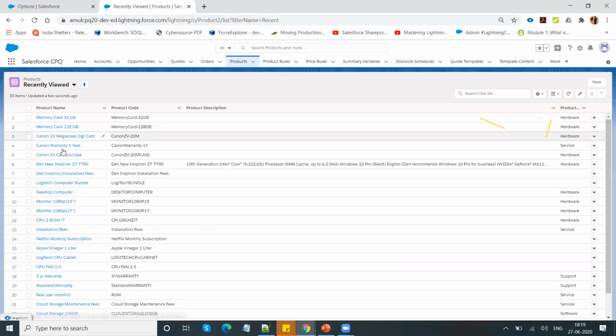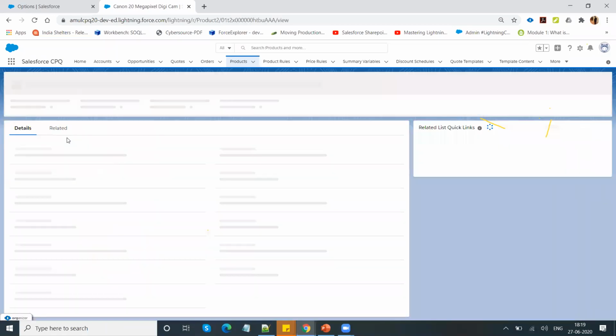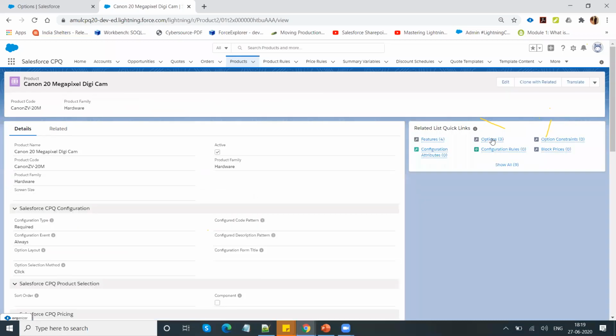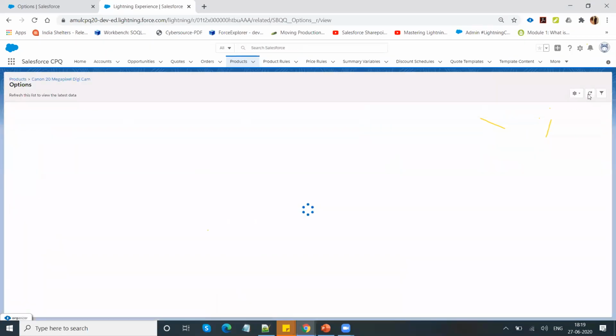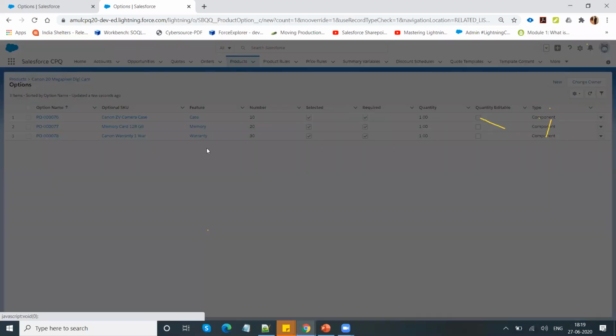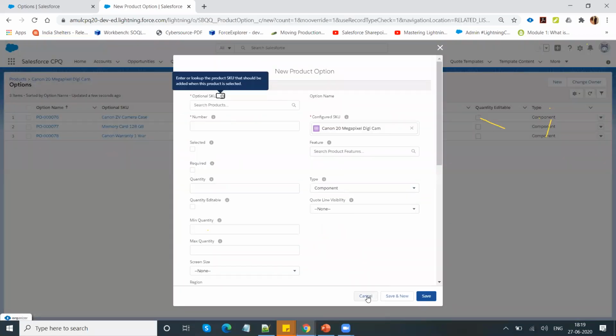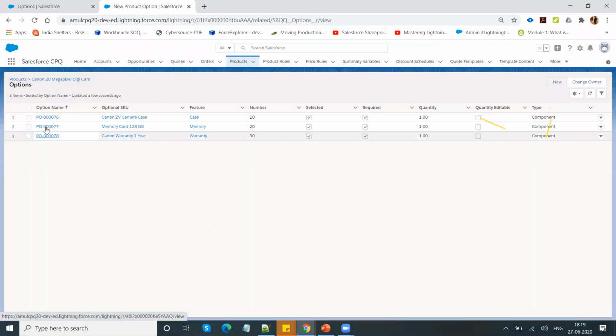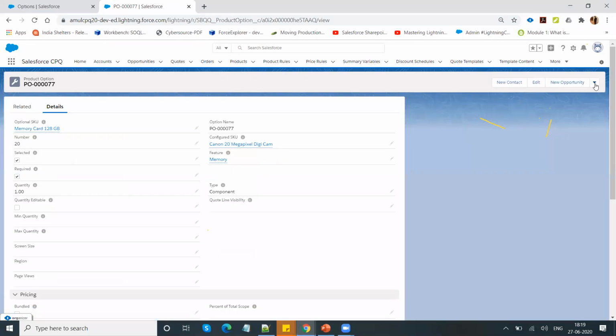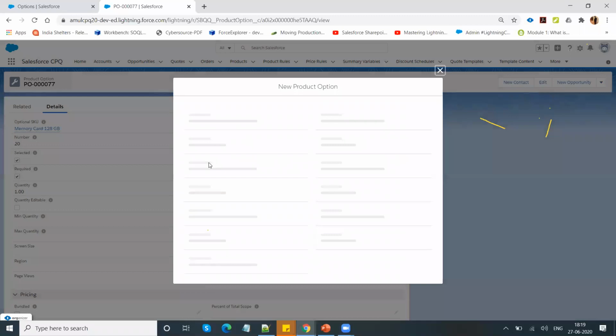So I have created this bundle called Canon 20 megapixel camera. Go to these options, click on new. Or what you can do, you'll have to select this memory and click on clone button. Just click on clone.